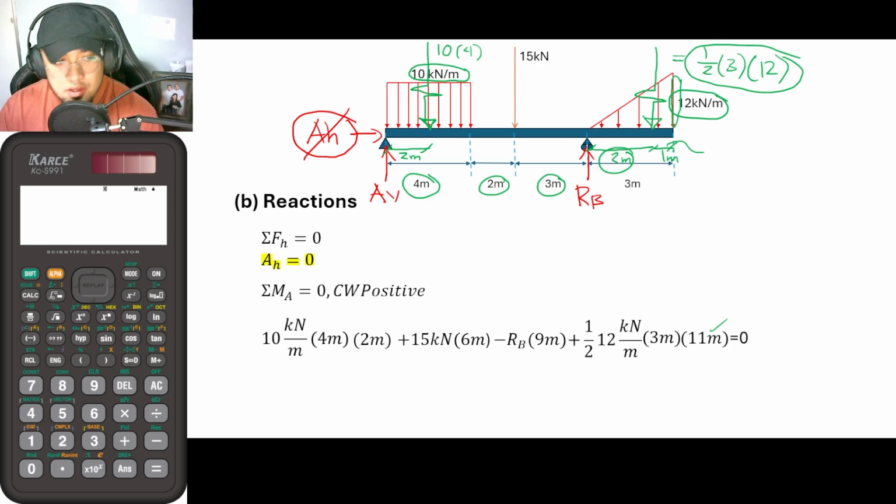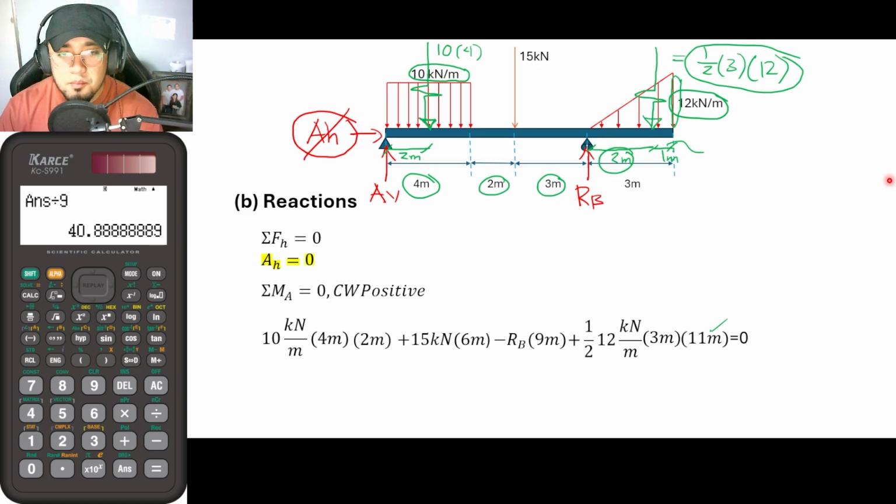You could use the shift solve command, or you could also just transpose this to the other side and solve for RB. So I would just be doing that instead. Using my calculator on the left: 10 times 4 times 2 plus 15 times 6 plus 1 half times 12, so 0.5 times 12 times 3 times 11. We would be dividing this by 9. Again, that is by virtue of algebra. So the answer here is now equal to